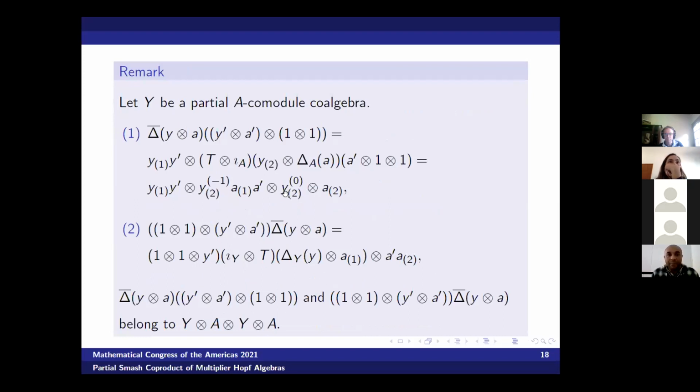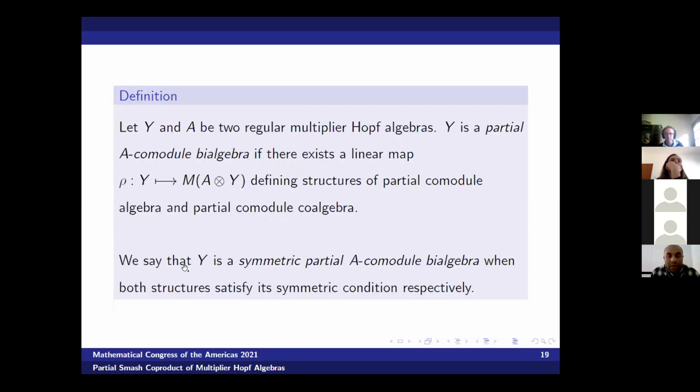The first one here, we have to define an operator, prove that we have a multiplier, and then we can rewrite this expression in sigma notation. But the second one, it's not possible, but by the definition, this expression below lies in the tensor. So the next step,